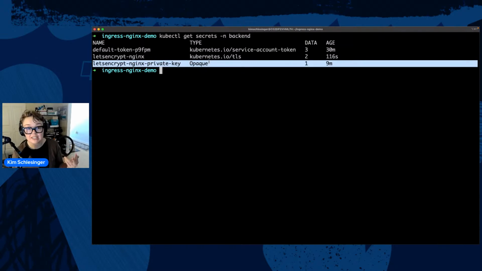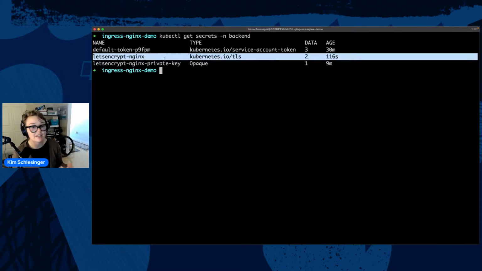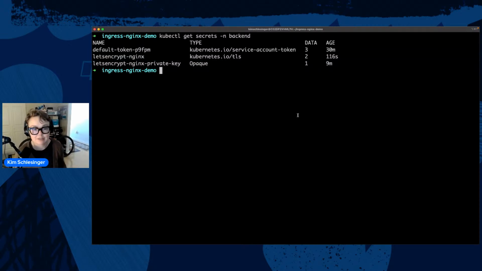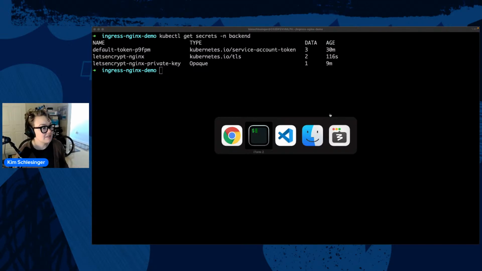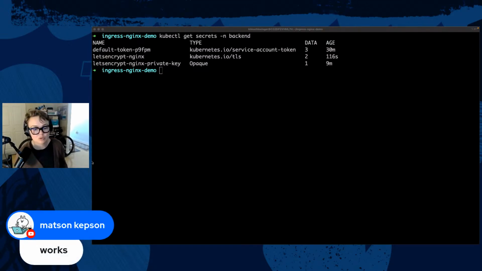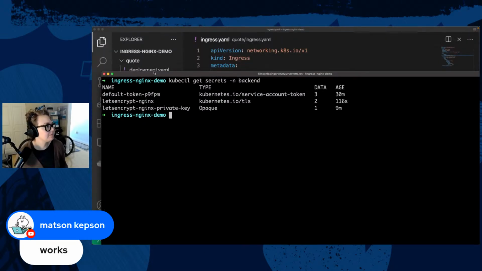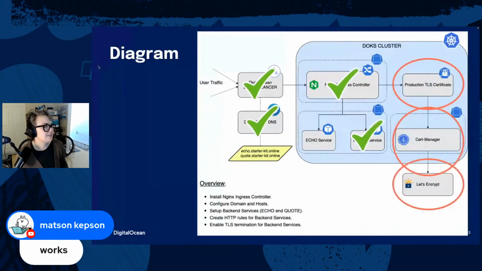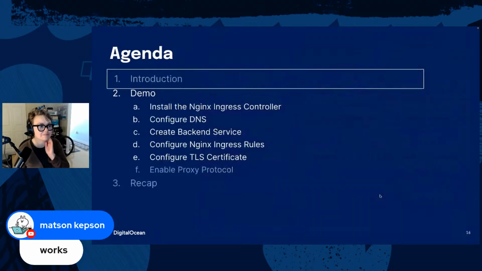We have the private key, but we actually have the TLS certificate stored as a secret here. And so cert-manager and Let's Encrypt work together to put that here. So that is, let's see, go to my browser, please. All right, there we go. So that's the production TLS certificate, living as a Kubernetes secret in the cluster.